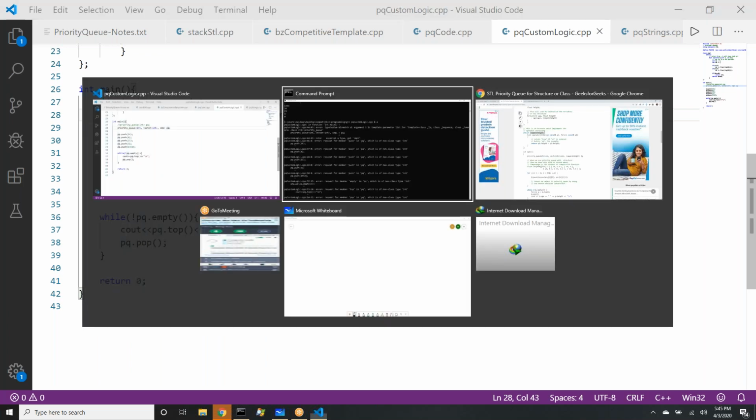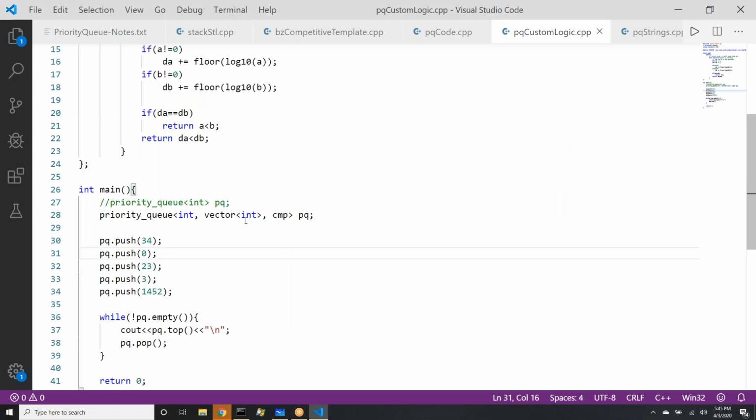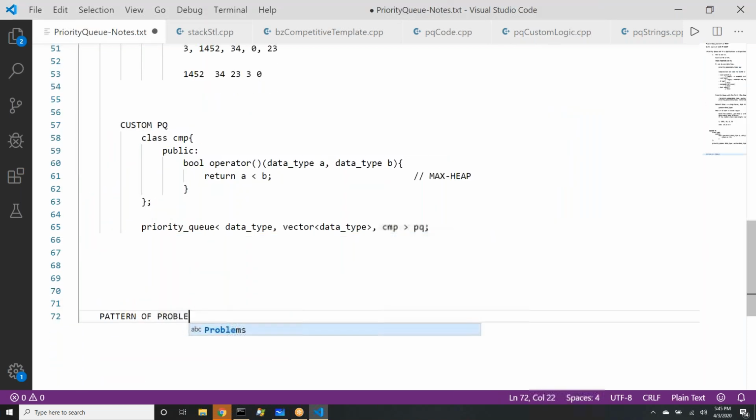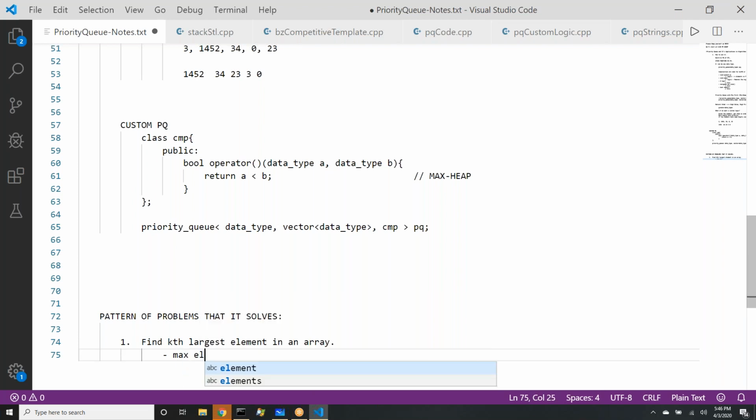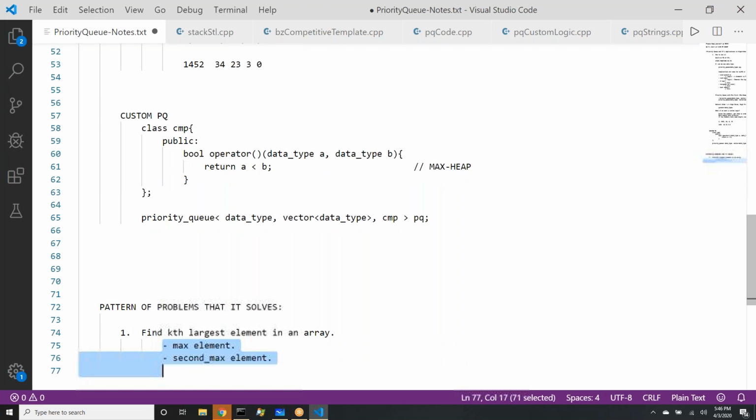Let's take a look at kind of problems and pattern of problems that it helps us solve. There are some problems you will find: kth largest element in an array. Simple cases we solve is first highest. Okay, maximum element in the array we know how to solve. Second max element in the array we can easily solve. Both of them will work in linear time. But what if we want